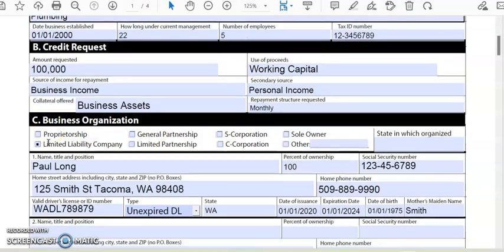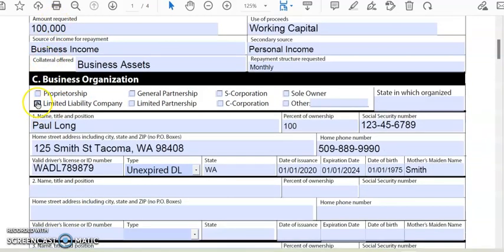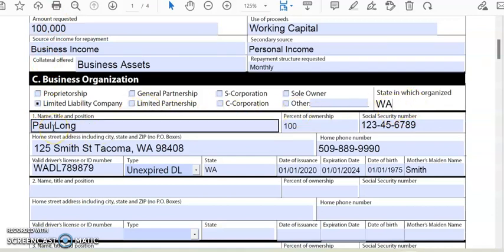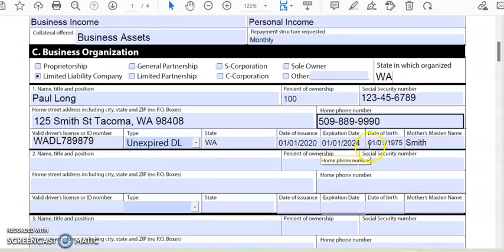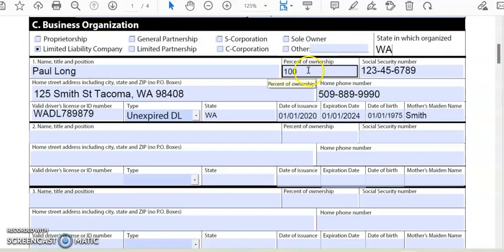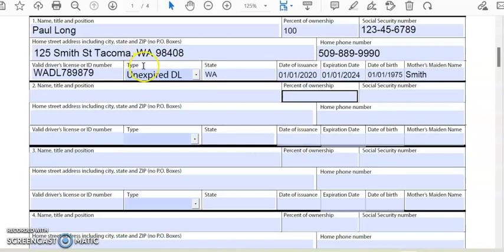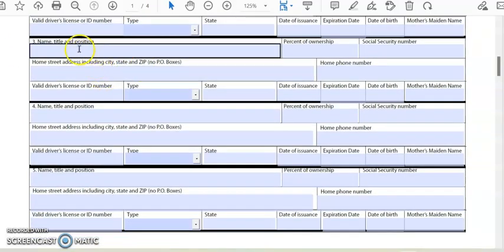The business organization, in this case, is Paul's Plumbing, which is an LLC incorporated in Washington. I'm going to put in my information as 100% owner: Social Security, driver's license information, mother's maiden name, date of birth. If you have multiple owners, say it's a husband and wife, you're going to put the wife's information here and put 50-50. Or if you have multiple owners, you can put all their information here. This form covers up to 5 owners. If you do have more than 5, you can just print a second copy of this and put in the